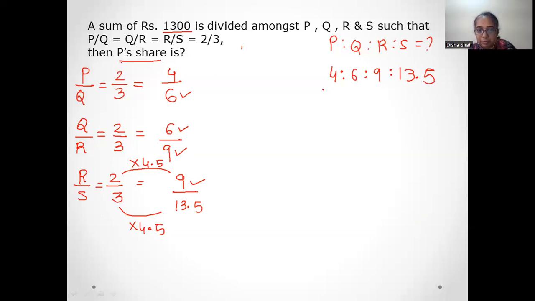और आपको P का शेयर निकालना है. P का शेयर कितना है, 4 शेयर है आउट ऑफ टोटल, टोटल कितना है, 4 plus 6 10, 10 plus 9 19, 19 and 13.5 is 32.5, this is nothing but my total value is